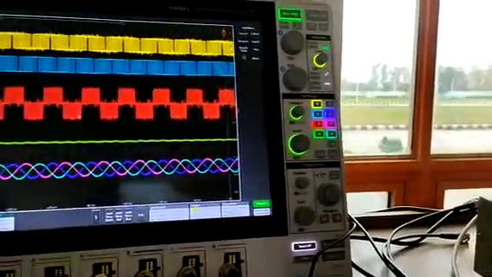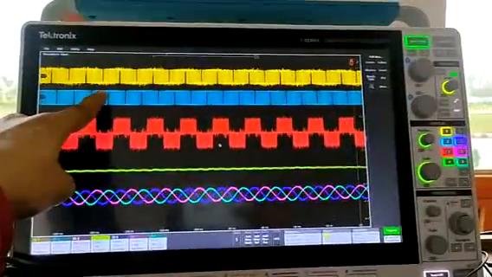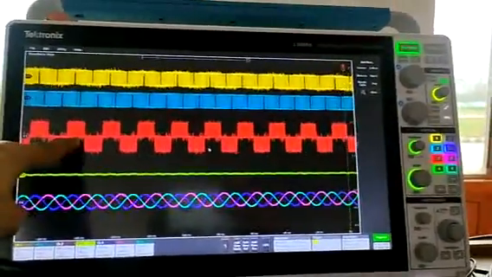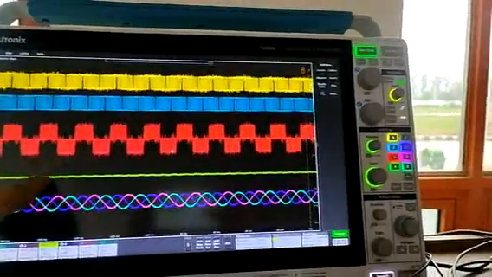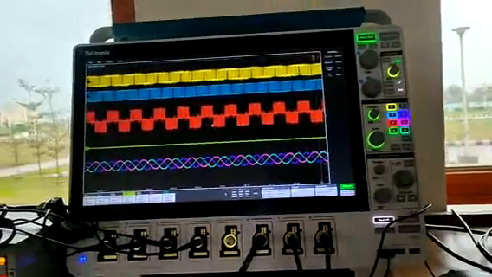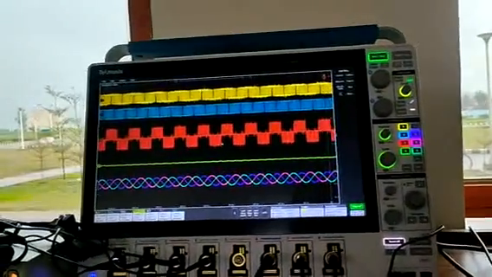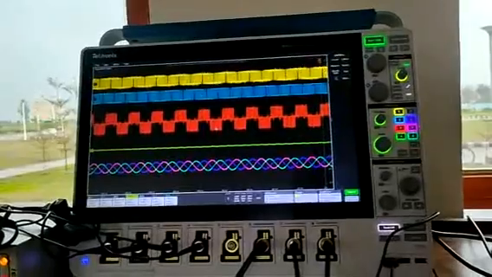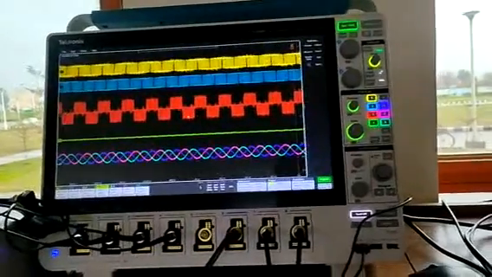So these are the pole voltages of inverter 1. This is also a pole voltage of inverter 2. This is the phase voltage across inverter 1, this is the common mode voltage, and this is the current which is pumping to the load. As you can see, the common mode voltages are zero. So now we can short the DC bus. So now I am going to short the DC bus.